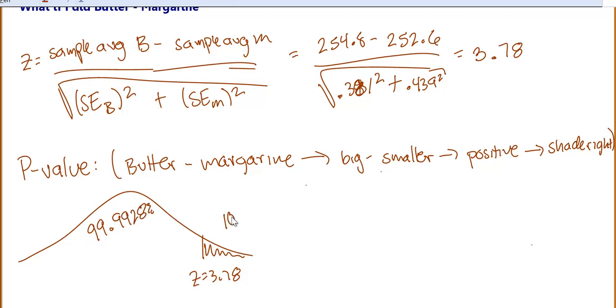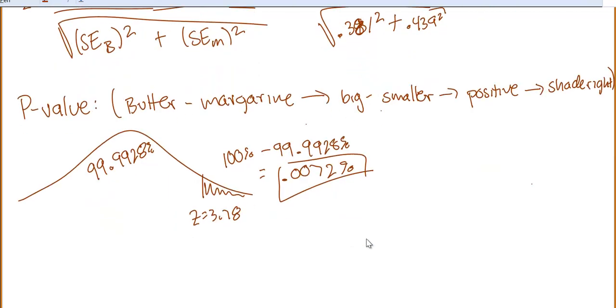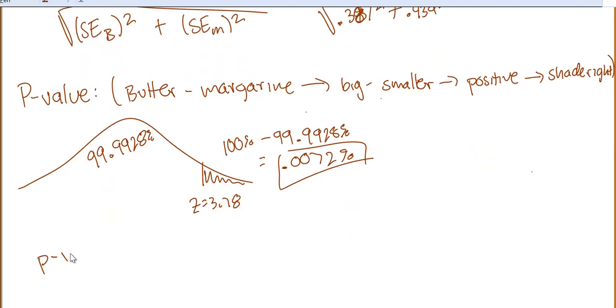I'm going to have to use the fact that everything adds up to 100%. So 100 minus 99.9928% gives me 0.0072%. So my p-value is 0.0072%. So you see how if you do decide to subtract in a different order than me,